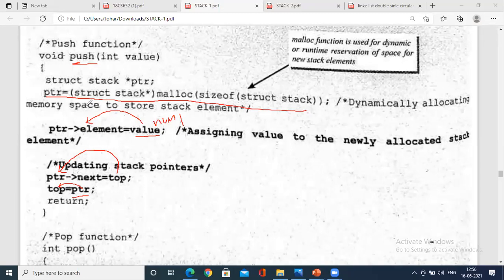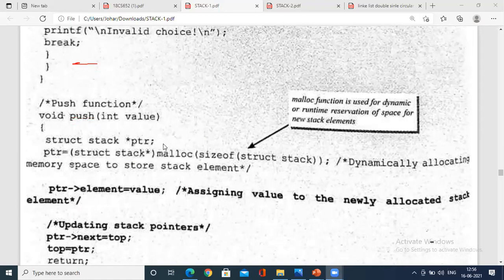So you can use one more statement over here. He has not used it. That is, in the push operation, you check whether the stack is full or not, whether the stack equals 99 as per the size of the stack. Okay, so this is the concept of the stack push operation using linked list.